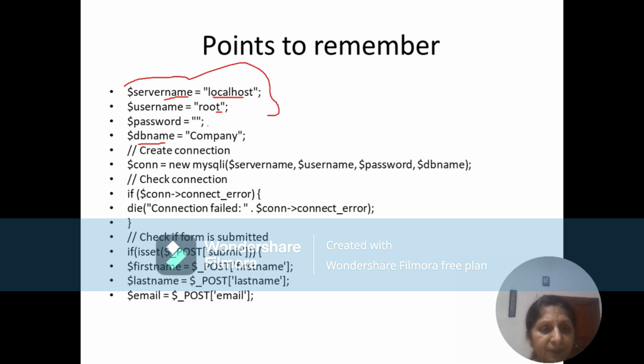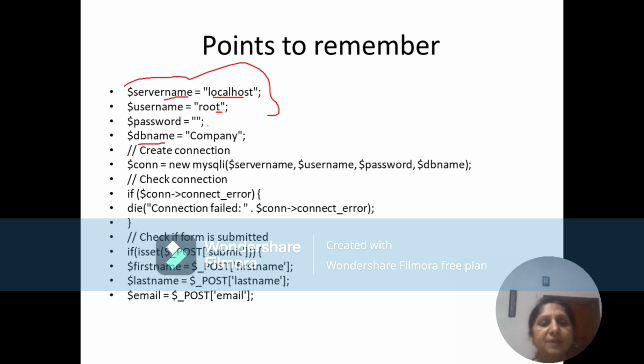Now when I'm saying company, there is a database whose name is company, so it simply means that you already have created this database. Okay. In my program, I have not given you the create database query. So you are going to go to phpMyAdmin, create a new database.